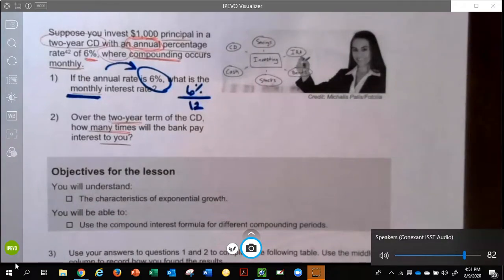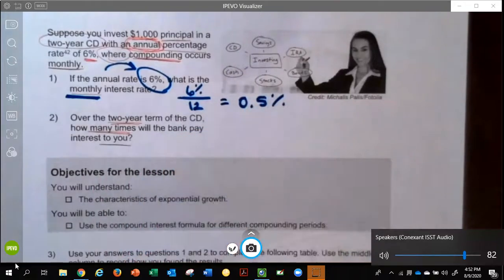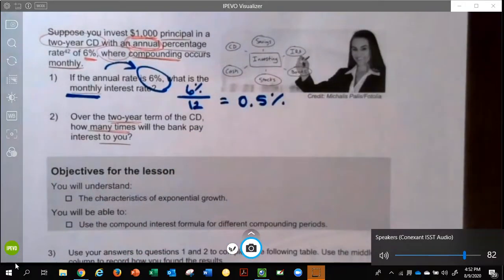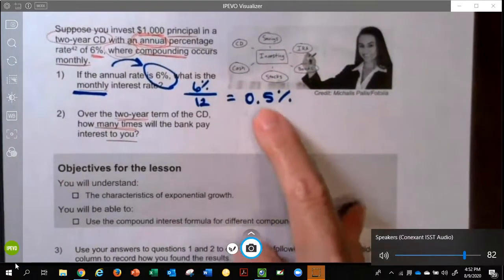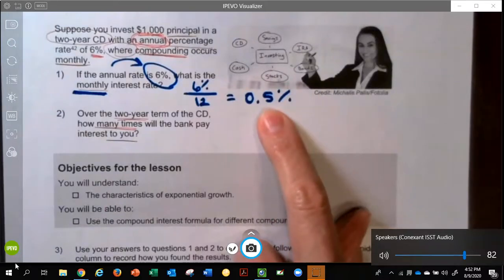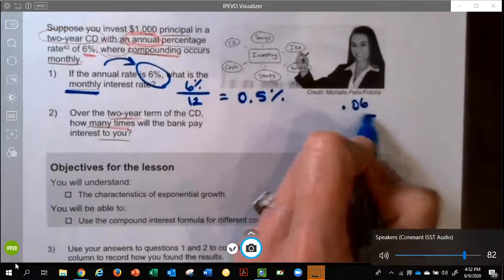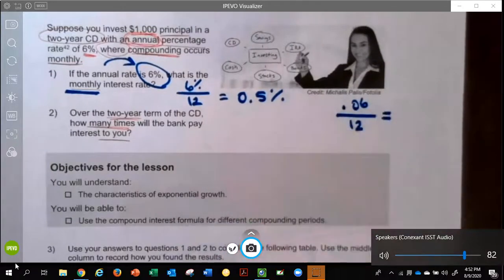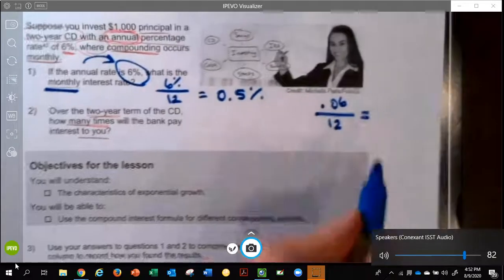And I kept my units on there to help me know how to write my answer. So if I do 6 divided by 12, I get 0.5%. Now that is not 50%, it's not 5%, it's not even 1 full percent, it's like 50 cents. It's half of 1%. I could go ahead and move the decimal over for the 0.06 and then divide by 12. And we'll go ahead and do that. 0.06 divided by 12, and that's going to get us